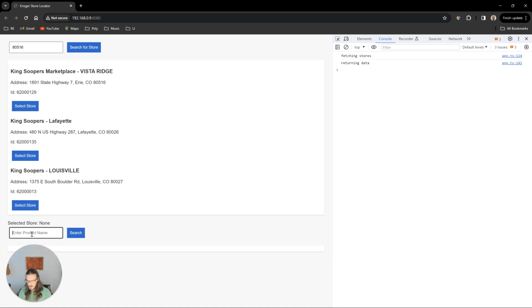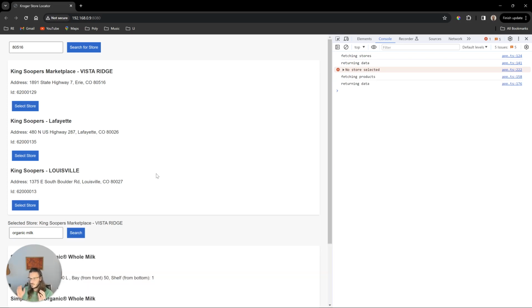We'll go ahead and search for milk here. And oops, I didn't select the store. Let's go ahead and select one. And again, it's, in my opinion, really slow, but it might be acceptable for some use cases. And this is totally possible today.